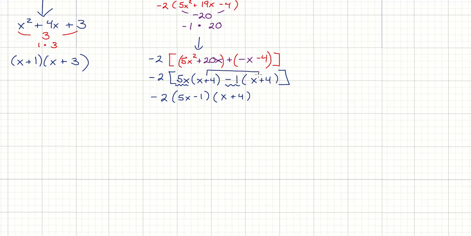Now, that part always felt like magic to me. You probably discussed it in Algebra 1. Do you know why we're allowed to do that? Okay, I'm going to show you, not to write down. We're done with this problem, just so you know. If you've never seen it, it just feels like a shortcut trick. If I were to multiply 5x minus 1 times x plus 4, and this is just the opposite direction,